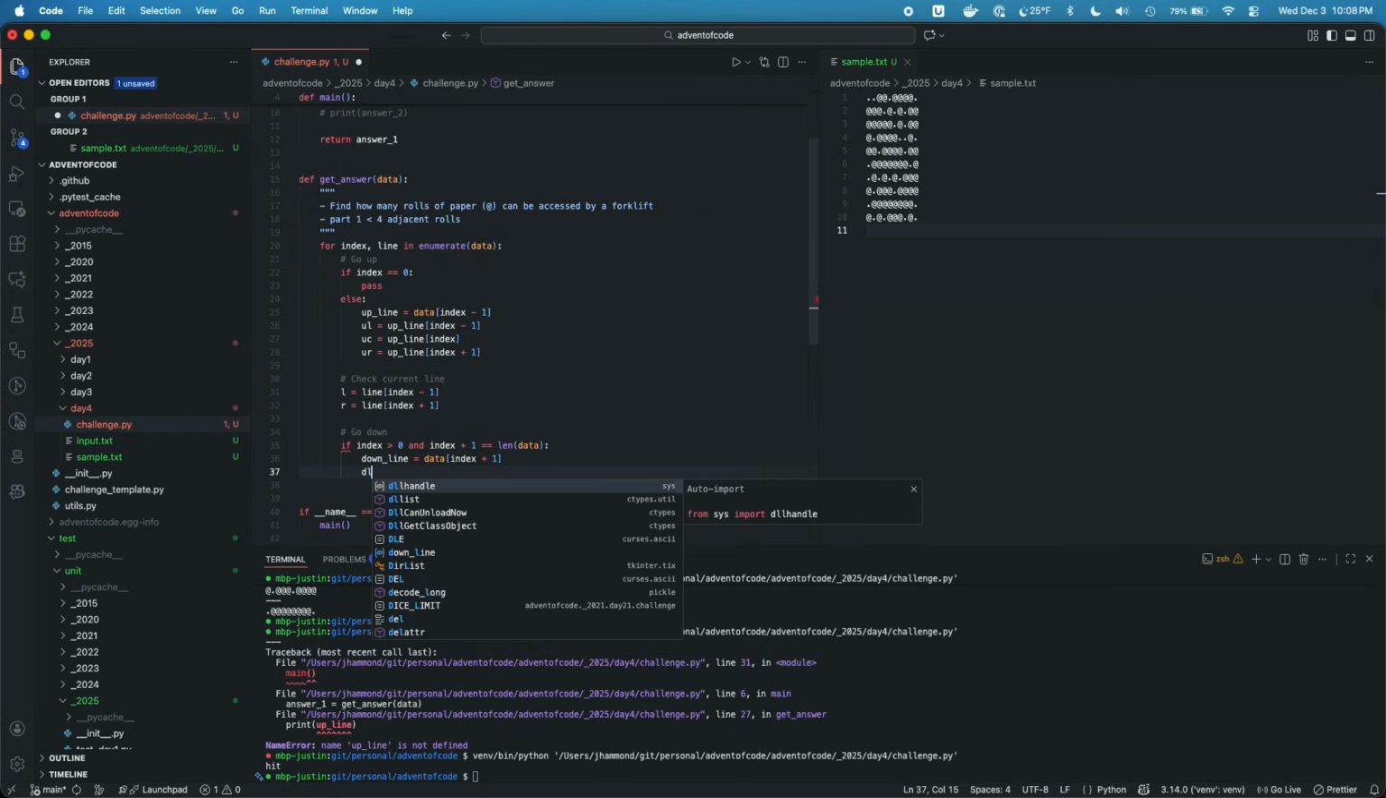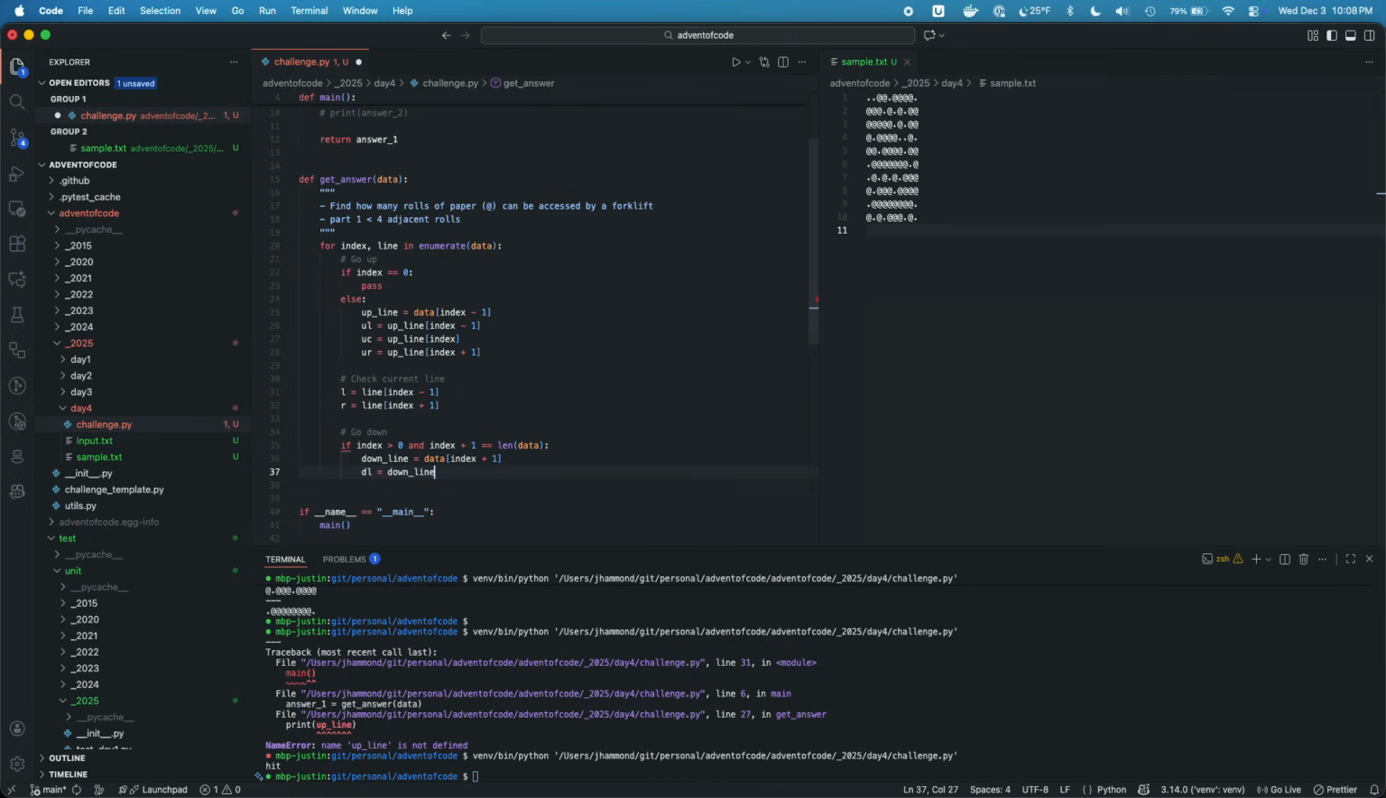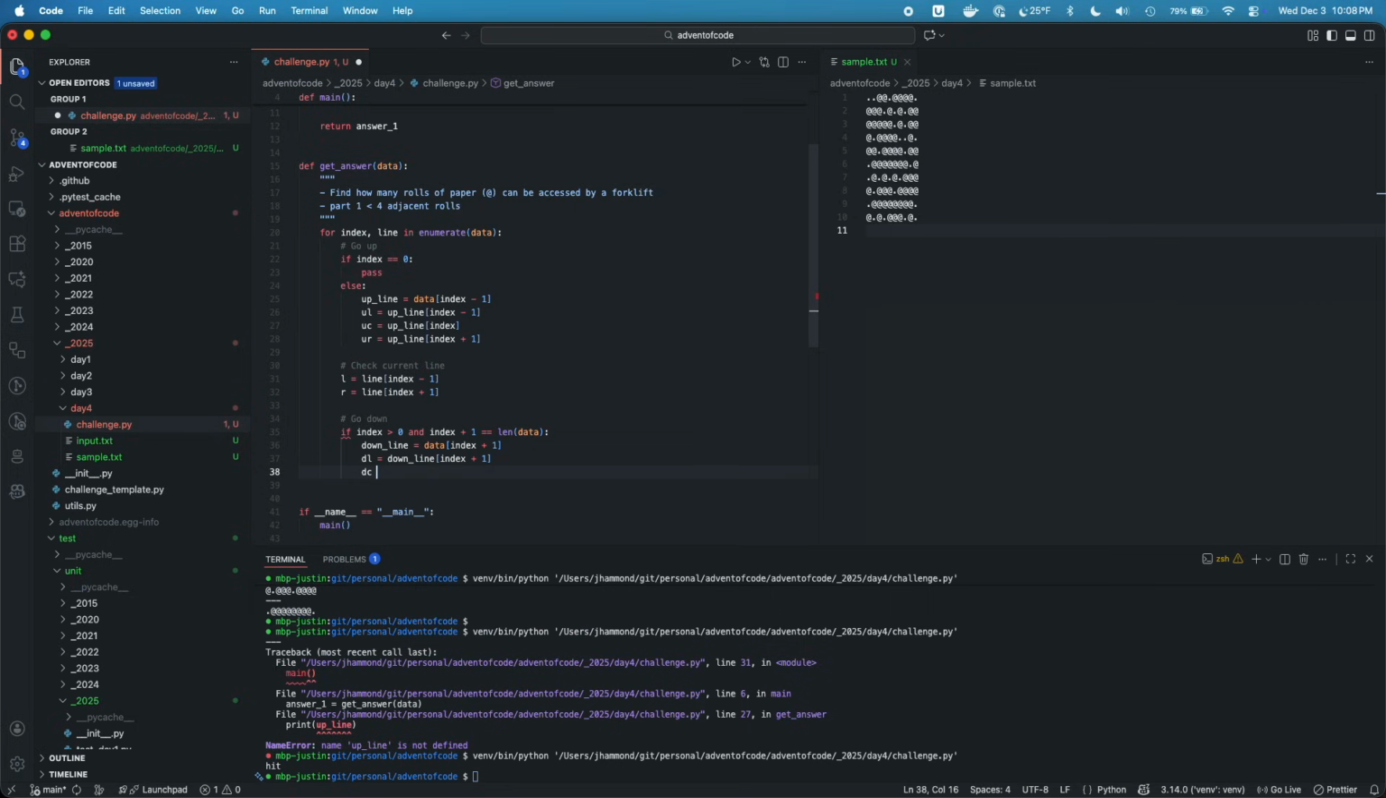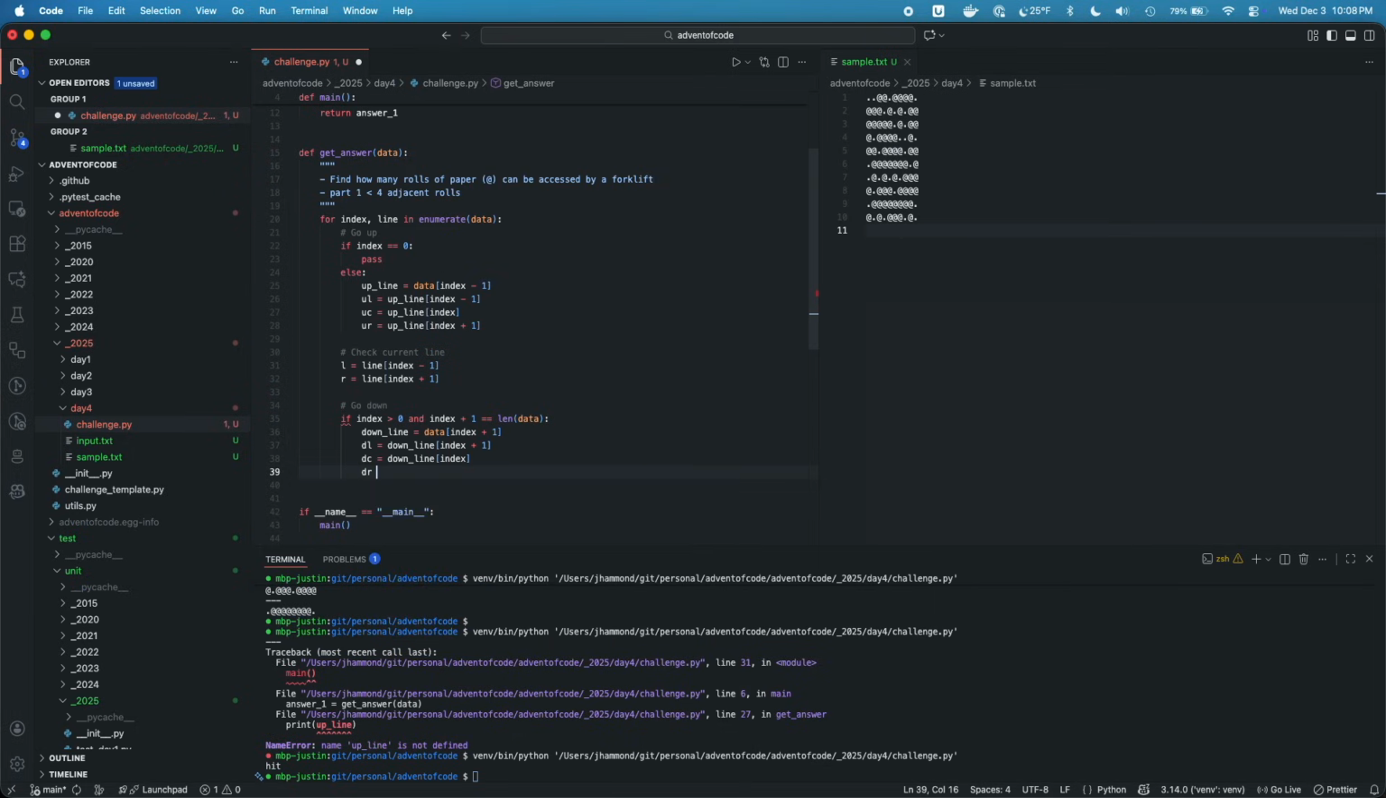And then we are going to have down left, down line index plus 1. Down center is going to equal down line index, and down right is going to equal down line index plus, what I want, negative, wait a second, down left, something like that. And then once we have all of those, we're going to say